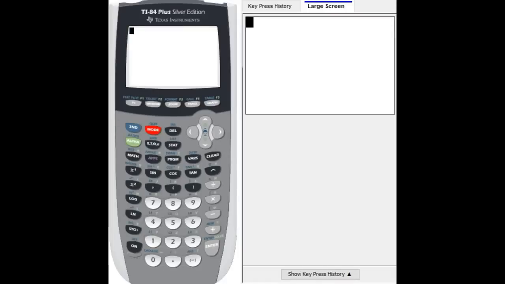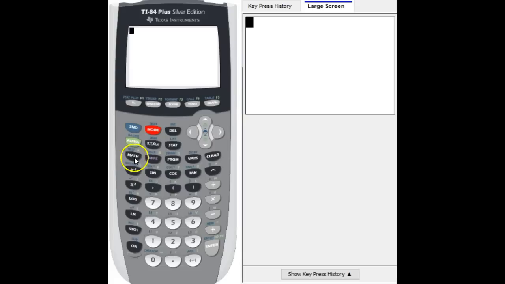This video is going to be about how to use your TI calculator to find critical values for the chi-square distribution. This is a little bit more complicated than the other critical values that we've had to find. So first of all,